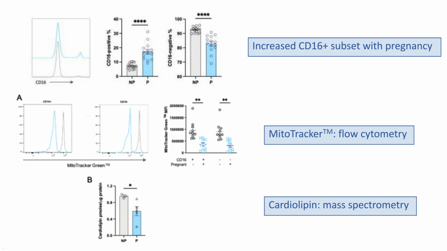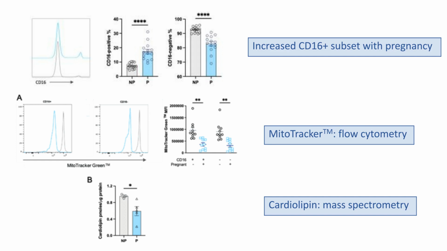And we were able to confirm this by taking those really nicely purified monocytes and doing some mass spectrometry on them. We were able to do mass spectrometry for cardiolipin, which is the graph on the bottom there. Gray is again our not pregnant, and blue is our pregnant women. And you can see a nice difference in the cardiolipin content of these cells as well. And cardiolipin is a lipid that's particularly expressed within the mitochondria. And so this is confirming the fact that these monocytes from our pregnant women have a reduction in their mitochondrial